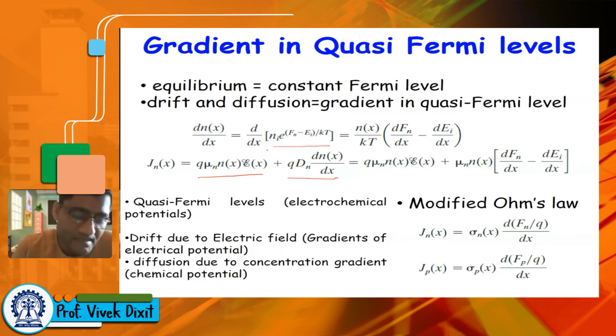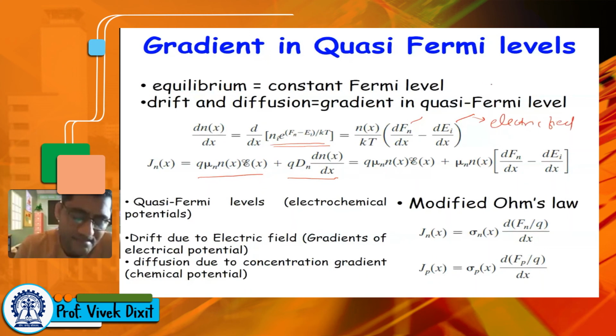So for the concentration gradient, you can differentiate this equation, and because of the exponential, when you differentiate you will get the exponential only, so the whole thing can come out as n. Then if you differentiate the term in the power of this exponential, we get 1 by kT times the gradient of the Fermi level minus the gradient of the intrinsic energy level. Now in case of equilibrium, the gradient of the Fermi level is 0 because the Fermi level is constant, right? So you only have a gradient of Ei, and the gradient of Ei is related to the electric field,